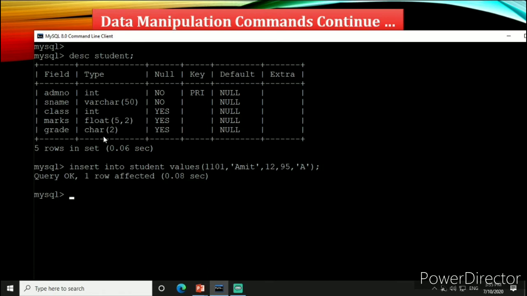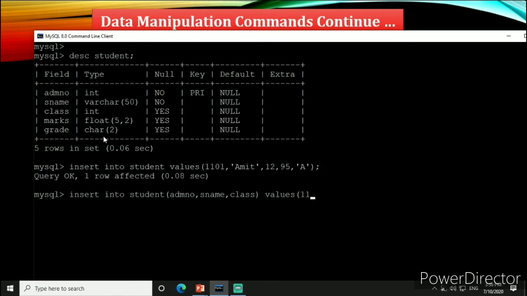But if you want to insert the data into particular columns, then you have to specify the column names like this: insert into table name student. Then after that you have to specify the column names, so admission number, as name and class, and then after that write the values and give the values respectively.